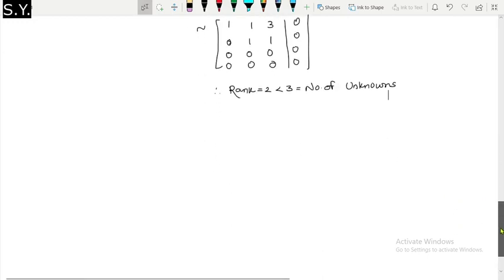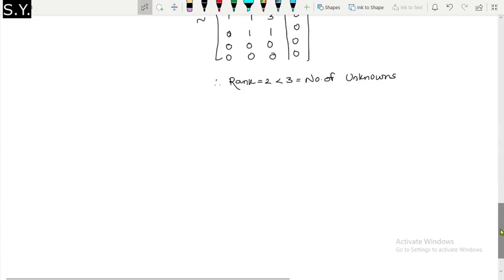So that set S cannot be a basis. So we are supposed to remove some vectors from that set, which will make that set linearly independent. Now it is very much clear that your rank is not 3, because the set S is coming linearly dependent. So rank should be either 1 or 2. So let us see what rank we get. Therefore I'll say the system has infinite solutions.